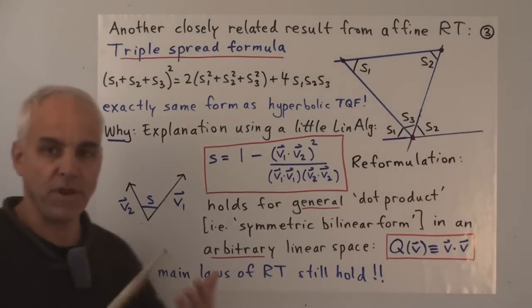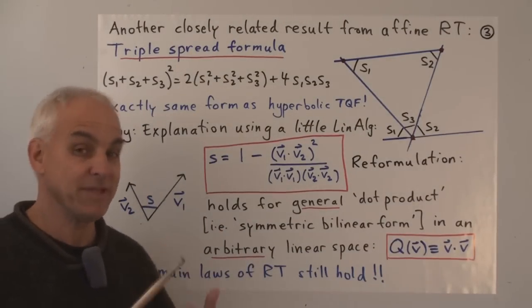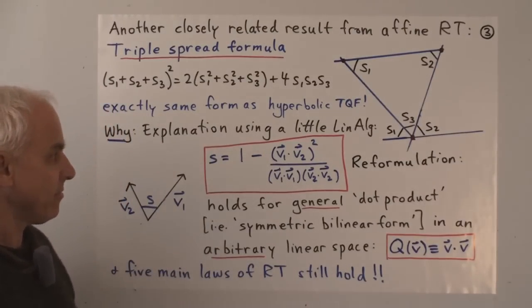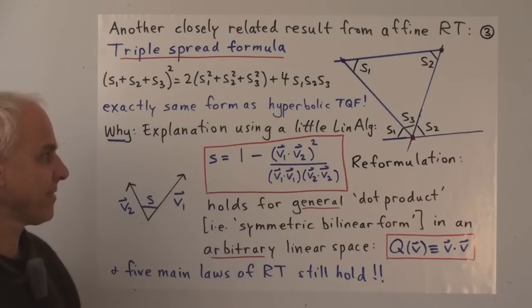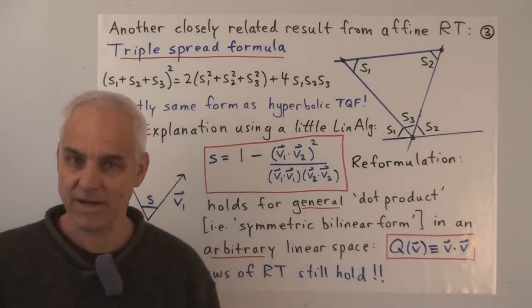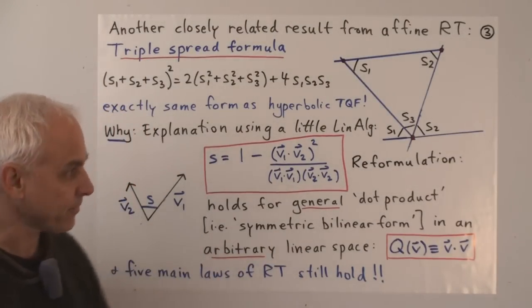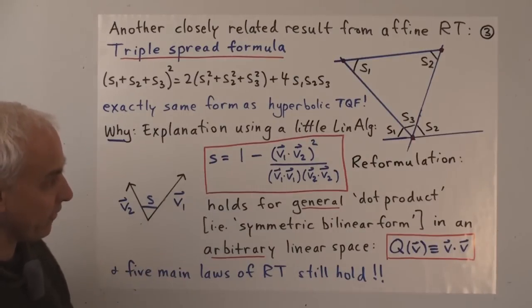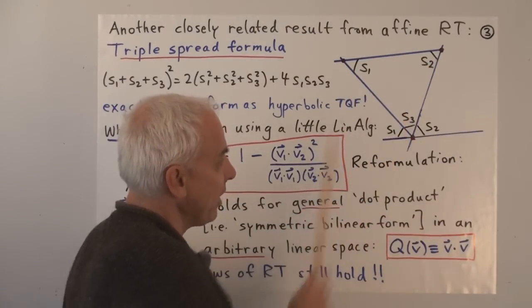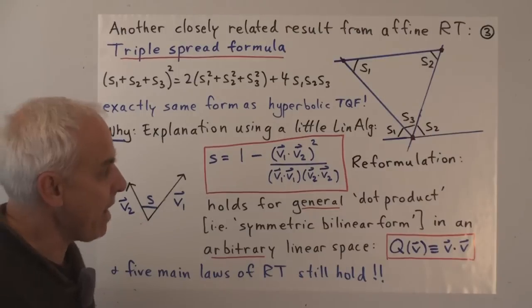This is obviously more than a coincidence. So there should be some kind of explanation. Why are these two formulas the same? So I'm now going to give you a little bit of an explanation as to why we can expect that to occur. The first thing to observe is that the three spreads of a triangle are the same as the